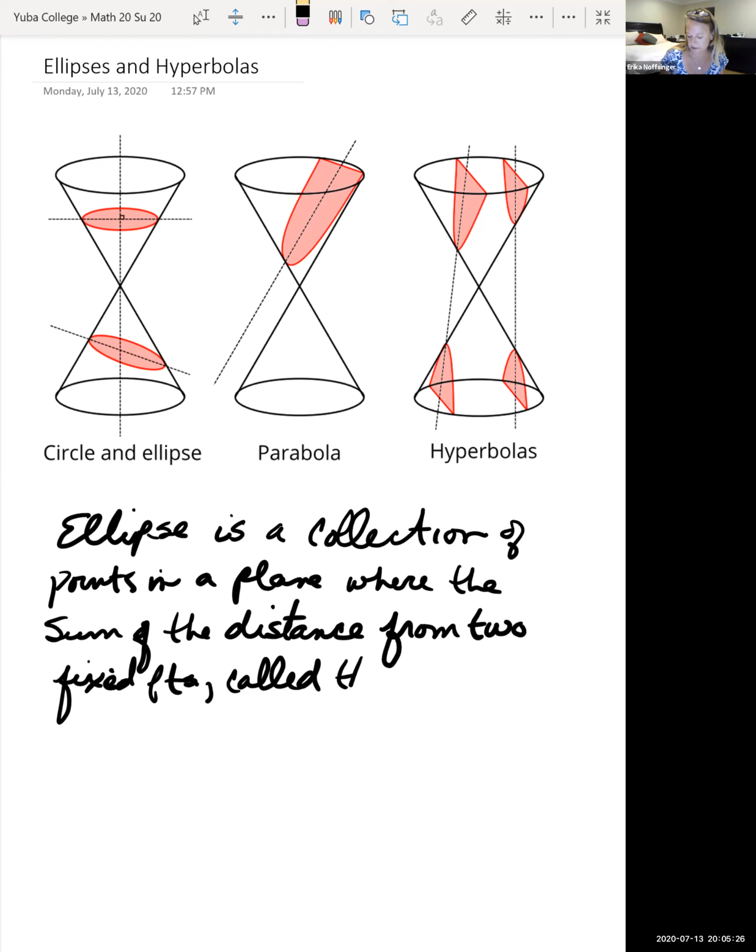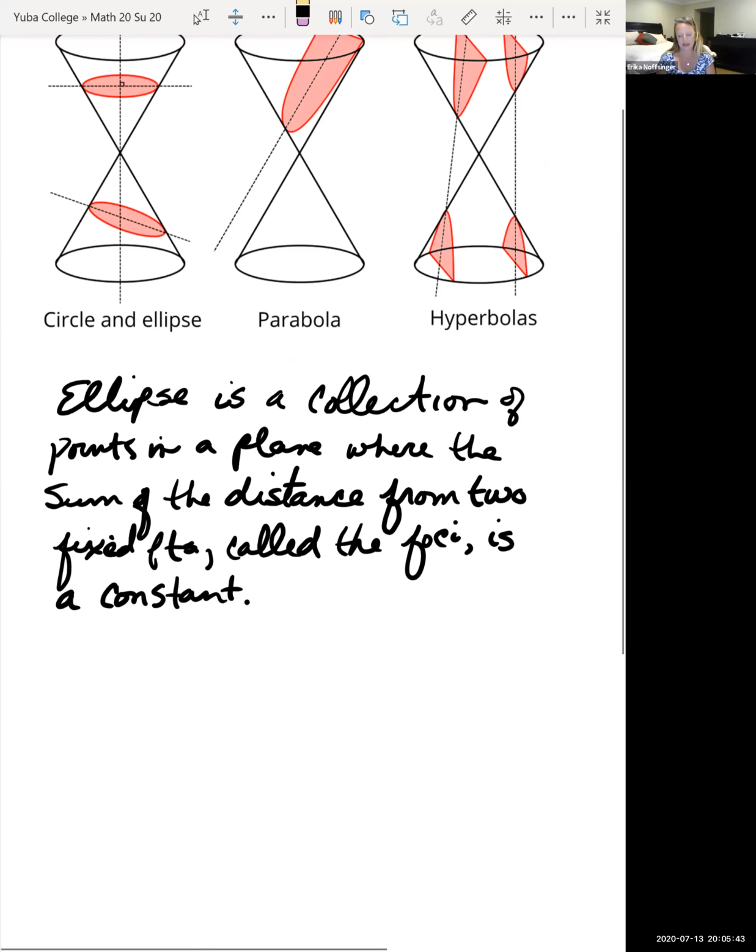So the fixed points are called the foci. It's a constant distance, or is a constant. Okay, so